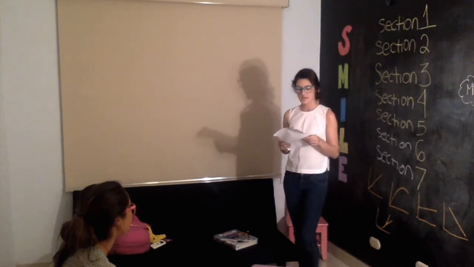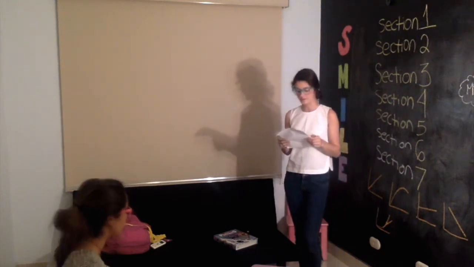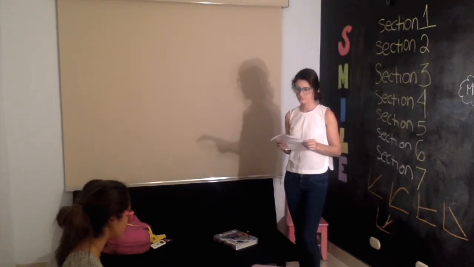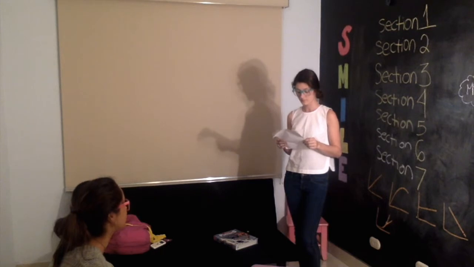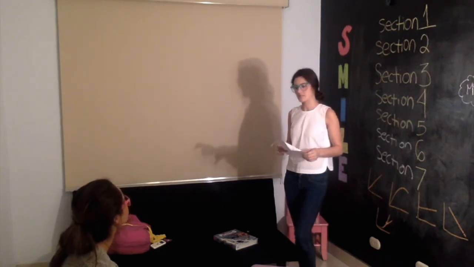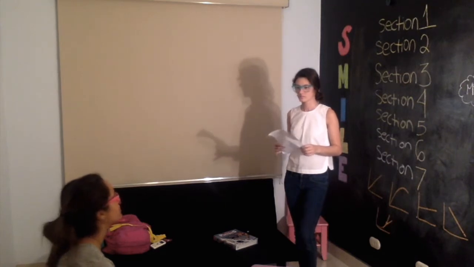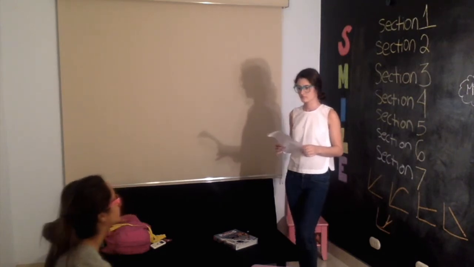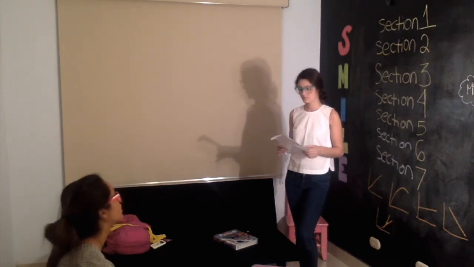Okay, and now we have section 3. How are the speed and velocity of an object different? Well, the speed is the distance traveled, and the velocity is the speed and the direction of the distance traveled. Okay, why is it important to keep a safe distance? Well, if you don't keep a safe distance, maybe the person in front of you can suddenly stop and you might run into them. Not run into them, but cause a collision.